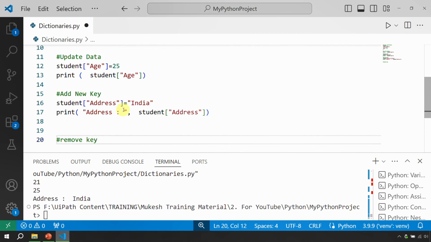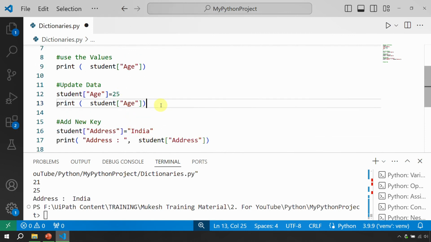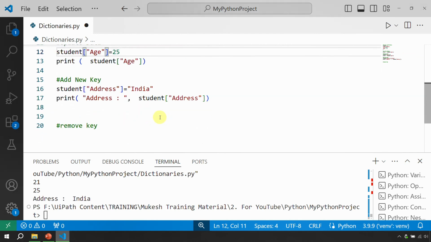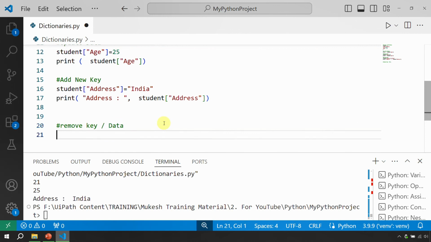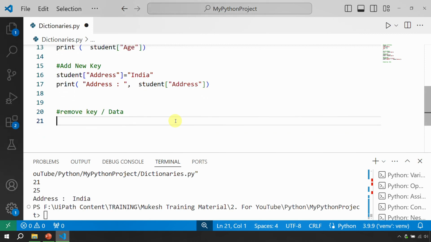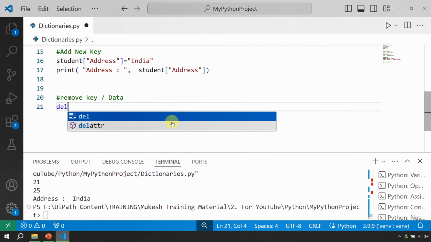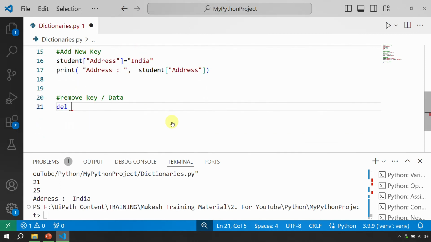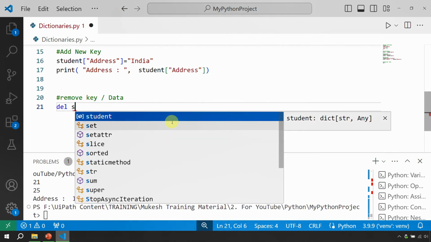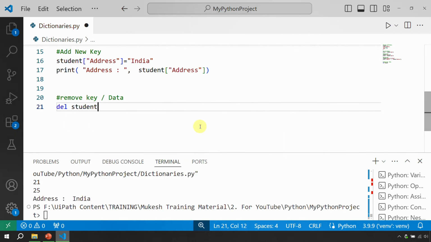If you want to update the address, you can just use this: update student, update the address. But I am trying to remove this complete thing, which is remove the complete key, and the data would be automatically removed, right? So how do you do that? It's absolutely simple. Again, you just have to use a keyword called del, and then you can just use the name of the dictionary, and then in the square bracket,